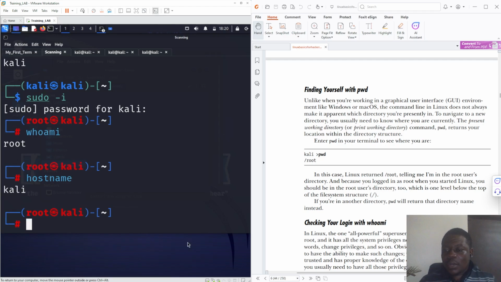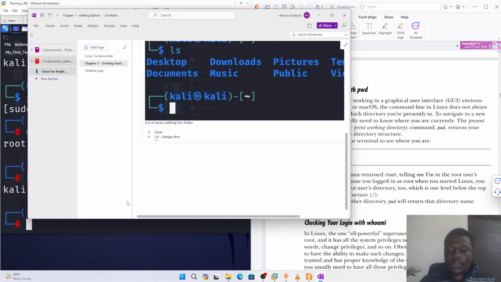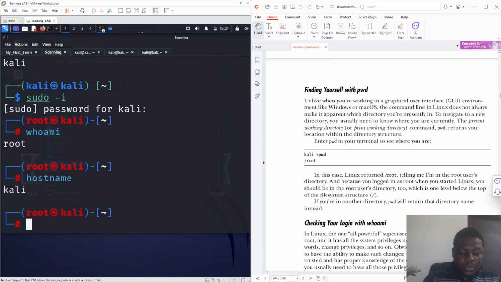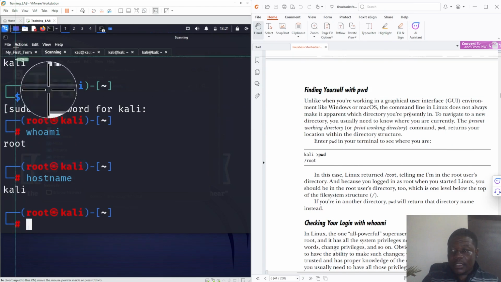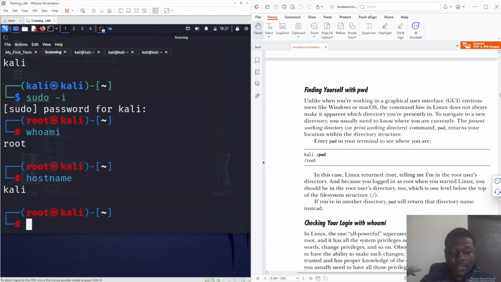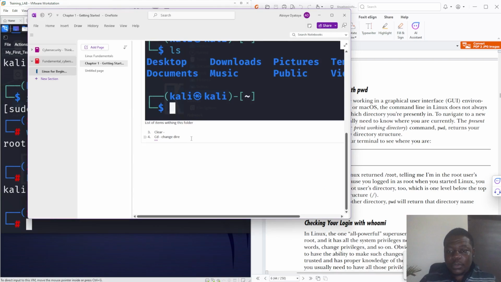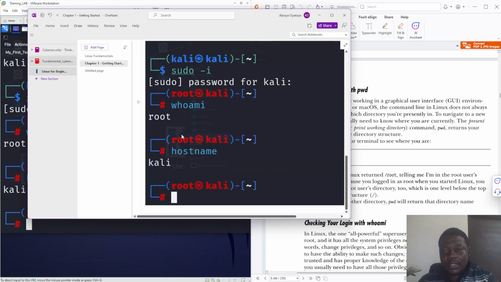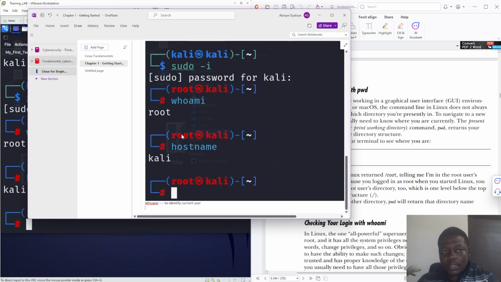So whoami, let me quickly document. In your own case, you can come out, do your shift print depending on the key that you use to activate your disk. You can copy this, come to this particular place, and let's say that's my 5. I don't remember. Paste it, and I can say I did whoami. Whoami is to identify the user, current user, and we did hostname,